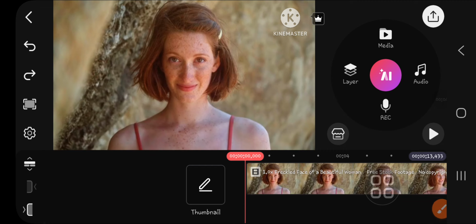In today's tutorial, I'm going to show you how you can turn your video into a 3D cartoon in Kinemaster. Okay, let's get into it guys. I have imported my video to this Kinemaster project and I'm going to turn this video into a 3D cartoon